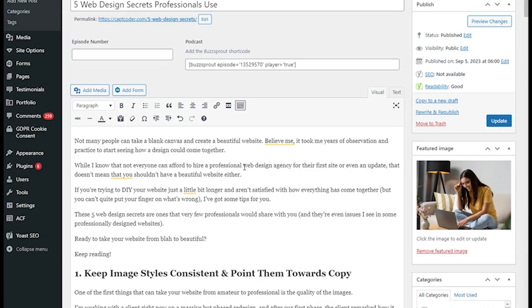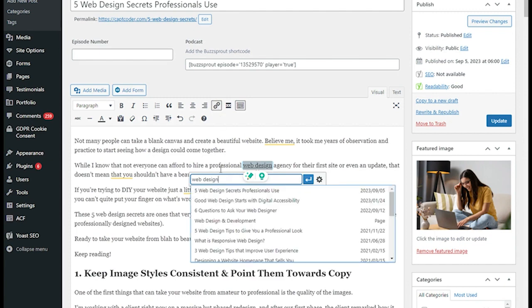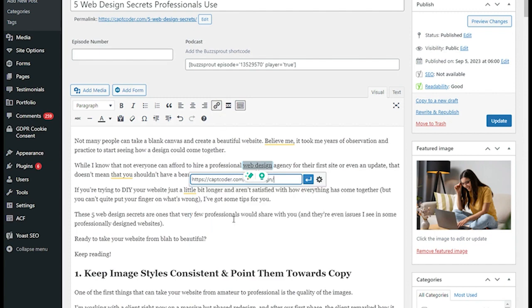Okay, so if you have a place in your content that makes sense, you want to include a link to another page on your website. For instance, if I talk about web design, I can make a web design link to my web design page. Which makes a lot of sense, right? These links allow your audience to navigate easily through your website,